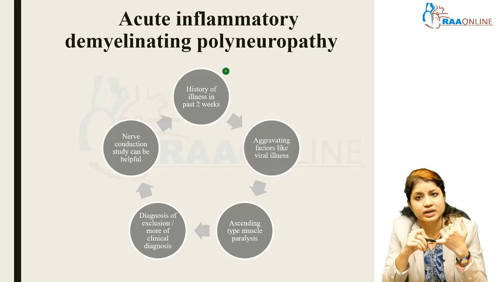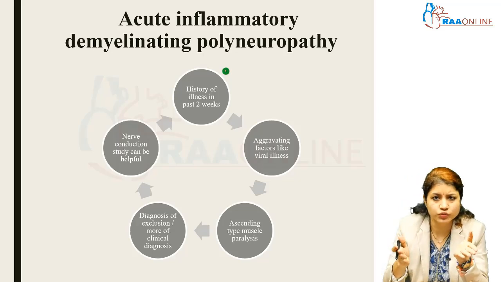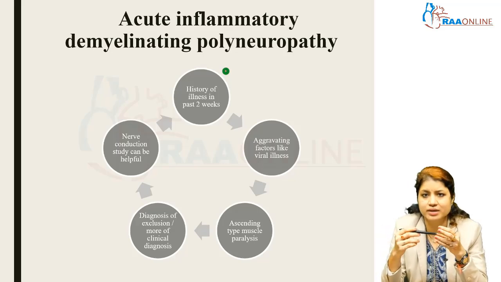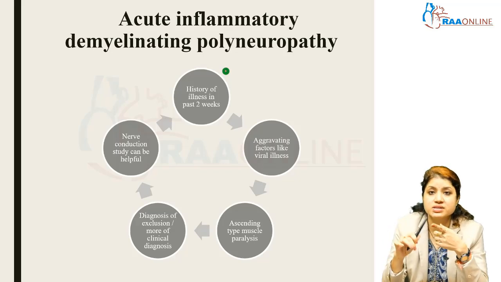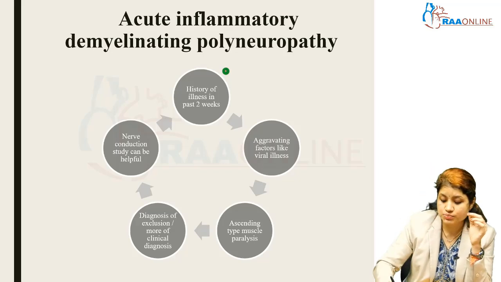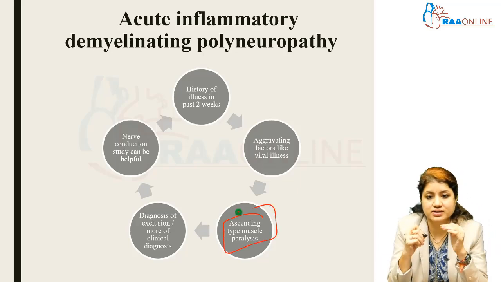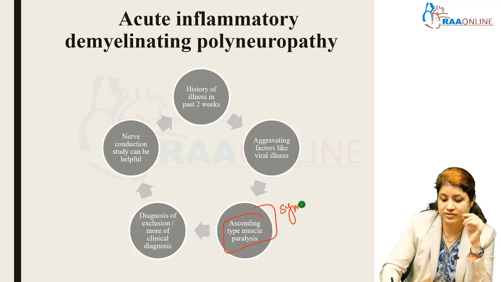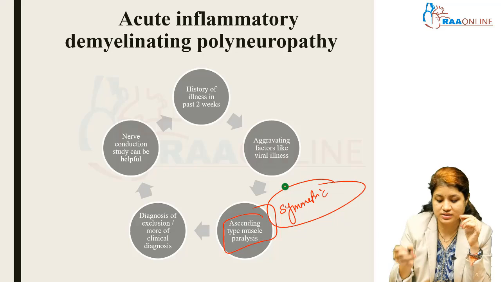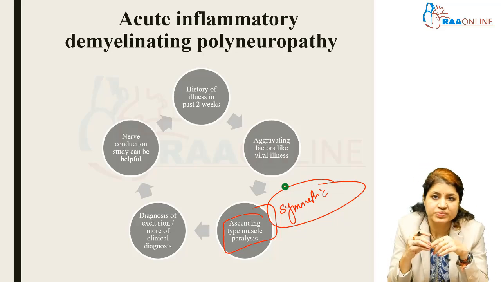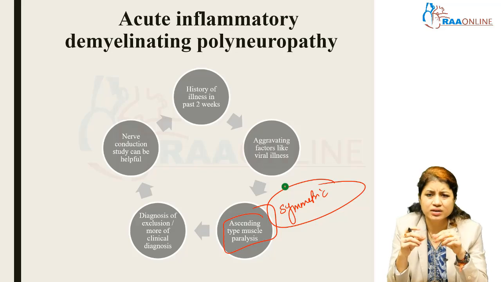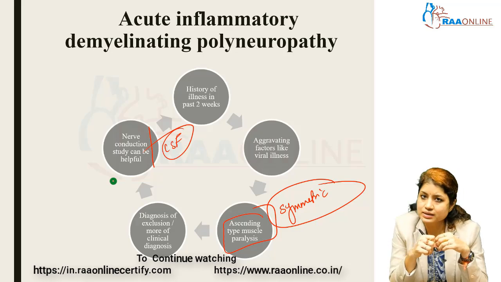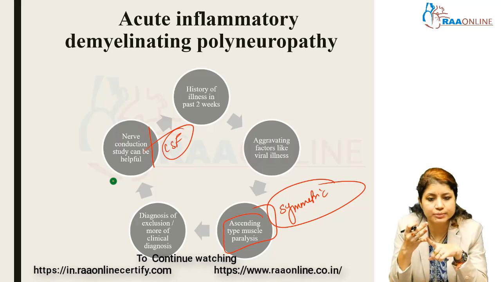There is a history of illness within a nadir of 10 days to 2 weeks. It is mostly in the form of a preceding viral illness, upper respiratory tract infection, or some diarrhea. And the most important is it is an ascending type of muscle paralysis. So it is a symmetric ascending muscle paralysis. Definitely it cannot be asymmetric. The diagnosis is mostly clinical or a diagnosis of exclusion. Nerve conduction study or your CSF analysis can be helpful to a certain extent, but GBS or AIDP is mostly